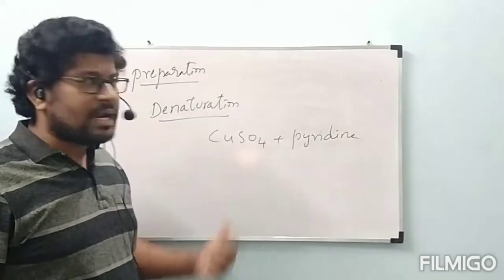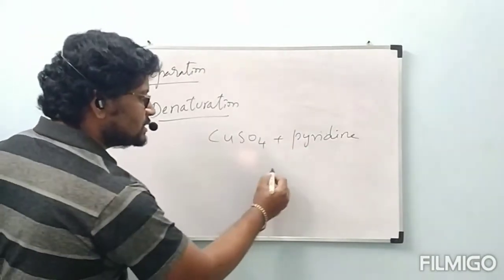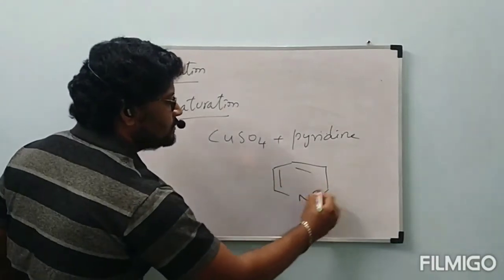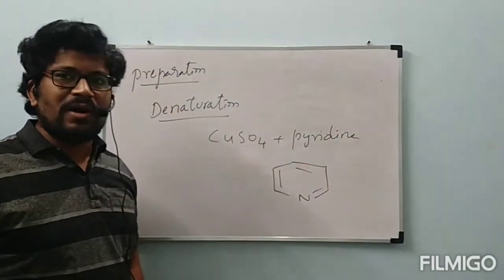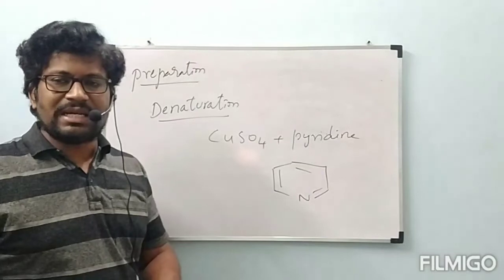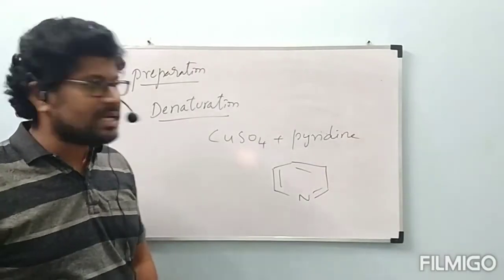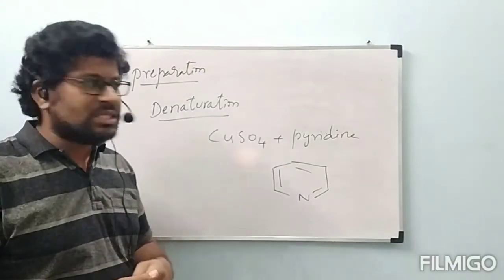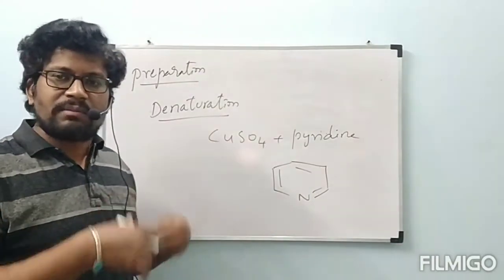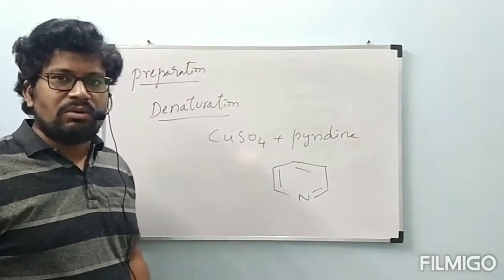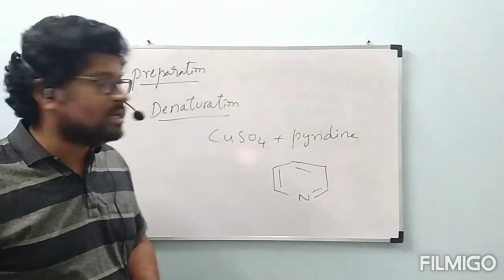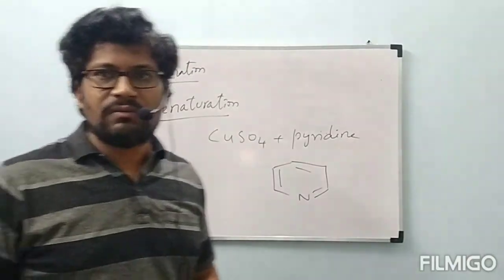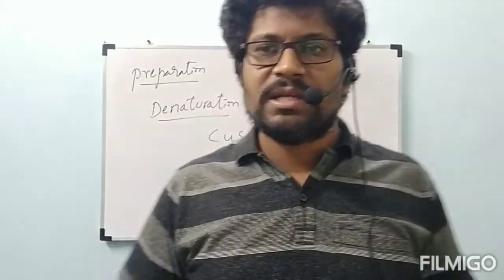Okay, when these 2 are added, this is the pyridine structure, and it is a little bit poisonous in nature. That's why, by knowing that, at least it will not be misused. The CuSO4 is used for getting the color only. Addition of CuSO4 and pyridine to the normal alcohol, to avoid the misuse of the alcohol, is called denaturation of alcohol. This is one more important question in your CBSE part.